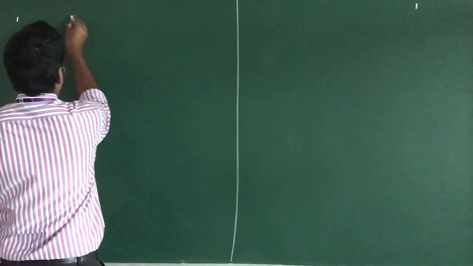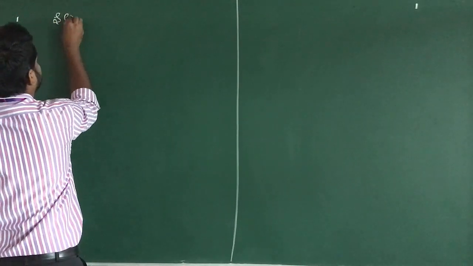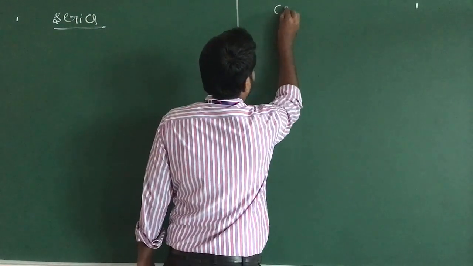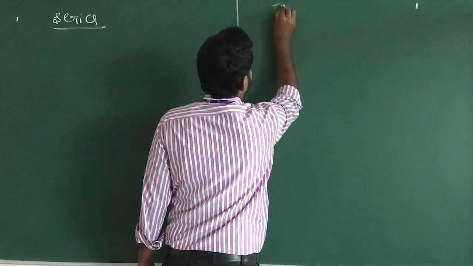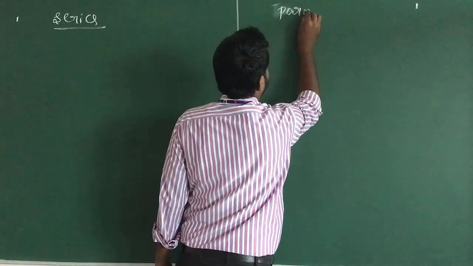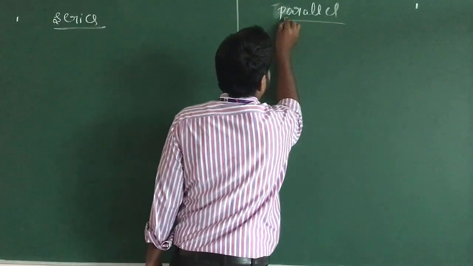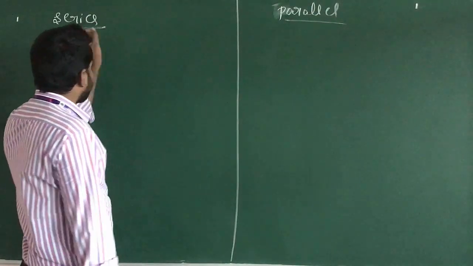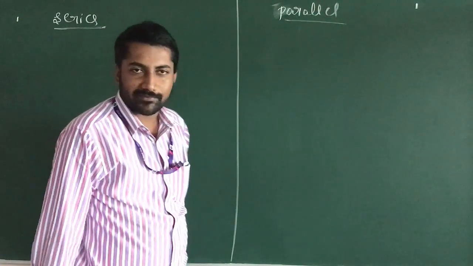There are two types of combination. First one is series combination and second one is parallel combination. In case of series combination,